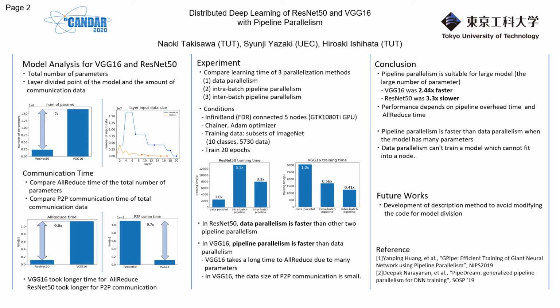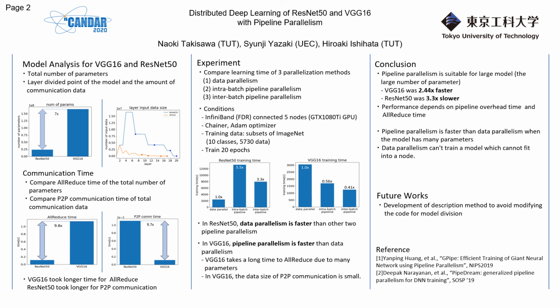This is because data parallelism requires all-reduce communication for all parameters in each mini-batch process. For VGG16, having many parameters, all-reduce communication in data parallelism takes time. For ResNet50, having fewer parameters, the data parallelism was faster because the overhead of all-reduce communication was relatively small. Pipeline parallelism is faster than data parallelism